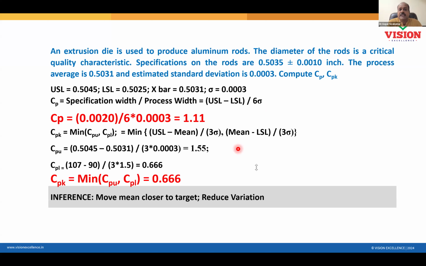1.67 is our guideline. So variations are high, so take steps to reduce the variation. Another thing, CPK is 0.66, so that means your process is shifted. In addition to higher variation, shifting is also happening. And on which side? You look at upper or lower. This time lower is 0.66, so the process is shifted leftwards.